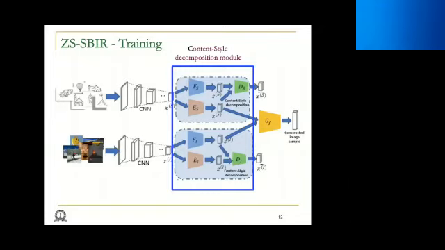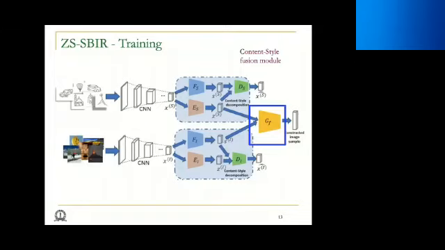As you can understand, content is the thing that we really need to classify, right? But in this case, as I've already told you, we are not really focused on the classification part. Having said that, the embedded features definitely need to be discriminative. Otherwise, it will just start retrieving data points which belong to some other classes. So we have this content-style decomposition module. And we also have a content-style fusion module, which essentially says that if we take the content from the sketch and fuse the style from the image, we should be able to reconstruct back the image, because the content should be shared between our images and sketches, right?